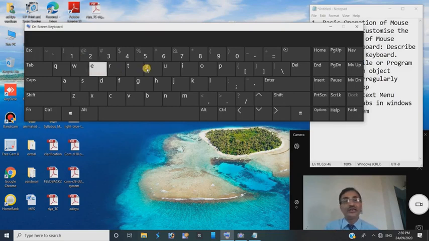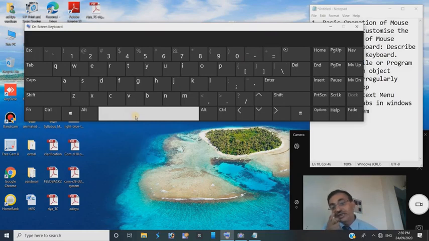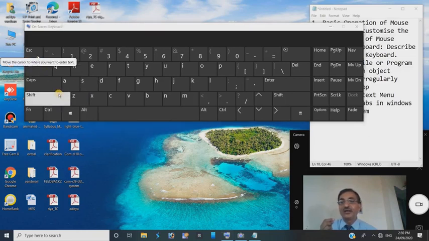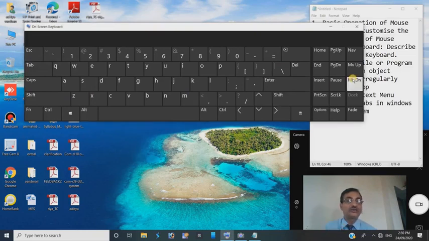So this one is the numeric key. This is the backspace key, the longest key of the keyboard, and this is the space bar key. This is the escape key, delete key, enter key, shift key. These are the names given, and these are the special keys: Home and Insert, Page Up, Page Down, Pause, and the arrow keys for moving up and down. Okay, Print Screen. These are all very important.